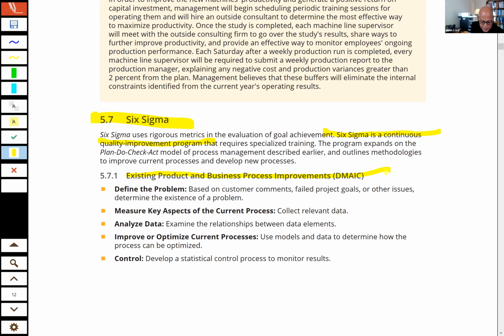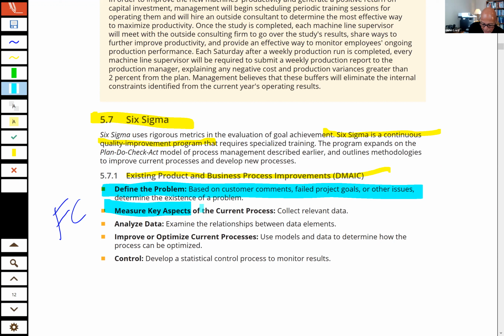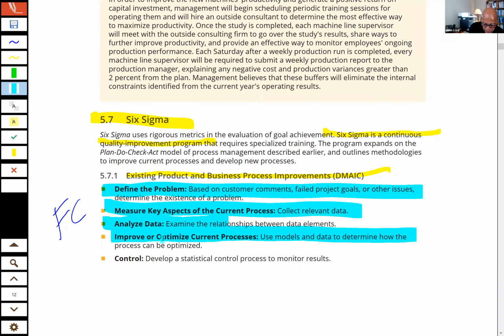So you've got a mnemonic there, I guess, to help you remember the 6 sigma steps. But let's just go ahead and take a look at these. So you can see, define the problem. Okay, measure key aspects of the current process, analyze the data, improve or optimize current processes, and then control essentially